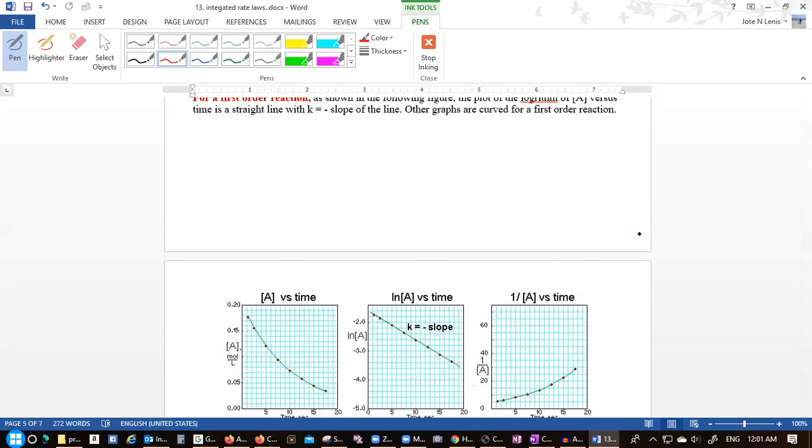So this is what you need to do. You collect the data, changing concentrations over the time, and then graph that information. So again, 3 graphs, you need to make 3 graphs to figure the order of the reaction, because again, the concentration of,